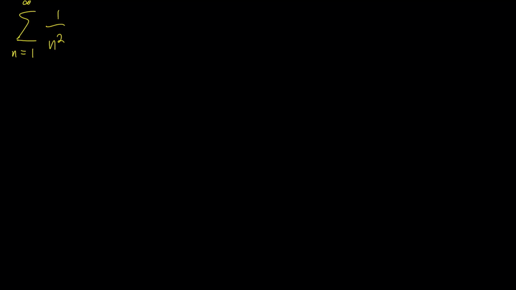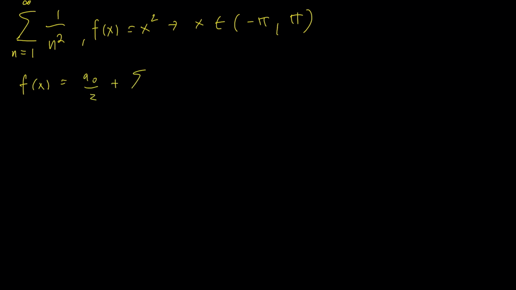Today we will find the sum from 1 to infinity of 1 over n squared. And to start off, we will consider the Fourier series of f of x equals x squared on the interval from minus pi to pi. And the function is given by f of x equals a naught over 2 plus the sum from 1 to infinity of an cosine nx plus bn sine of nx,